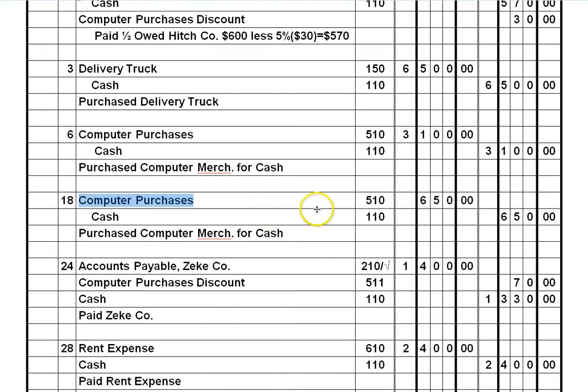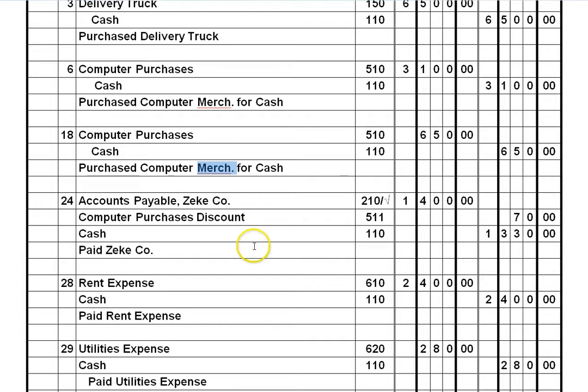Whatever is left in inventory, we take an inventory and put the balance of the inventory and call it merchandise inventory on the balance sheet. Now, apparently here we